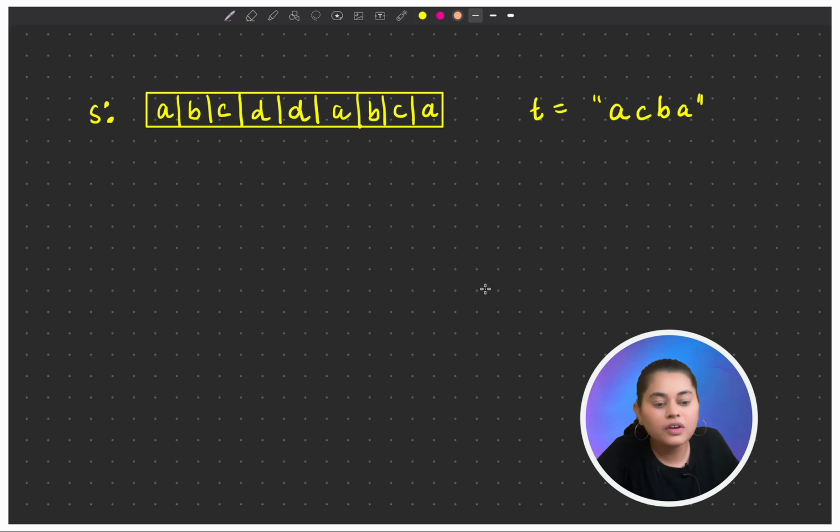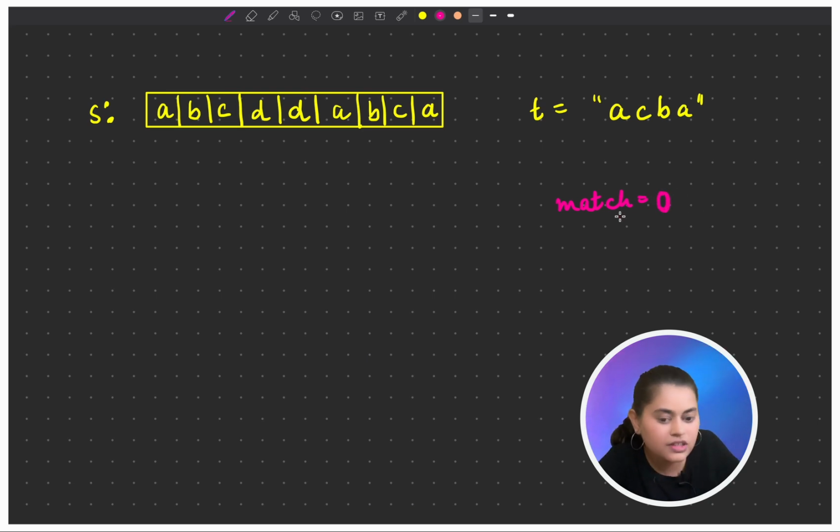So now what do we do in sliding window? In sliding window we have a concept of window in which we take two pointers. One pointer will be expanding our window and the second pointer will be shrinking our window, right? Now let's see how we can proceed with this problem. So in the sliding window approach, first of all, we'll take one variable which is the match variable.